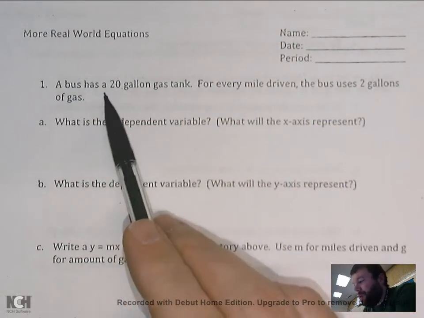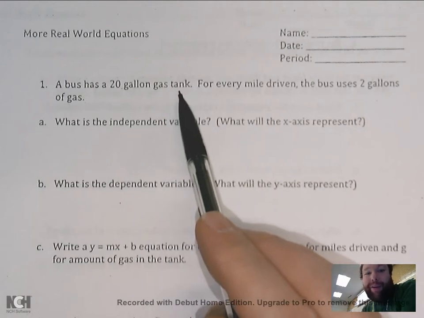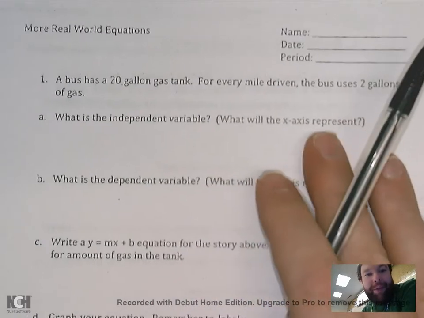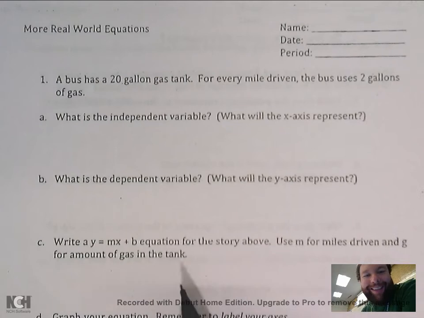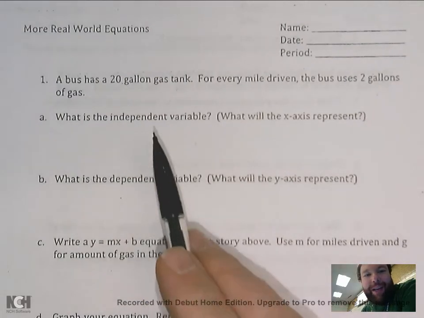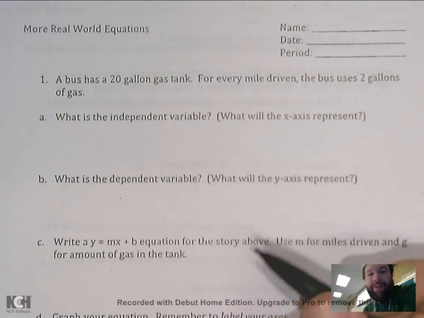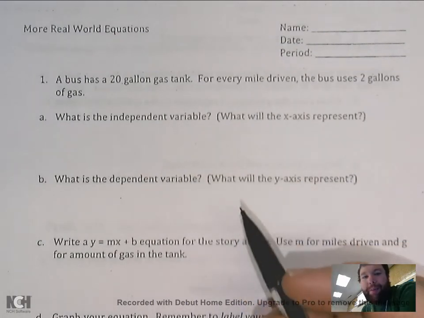A bus has a 20-gallon gas tank. That seems like a really small gas tank, but what do I know? For every mile you drive, that bus uses 2 gallons of gas. So the first thing it asks is, what is the independent variable? So what is the x-axis representing? So how we set this up